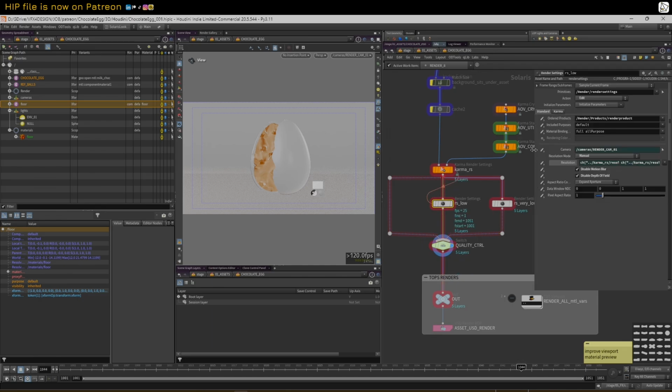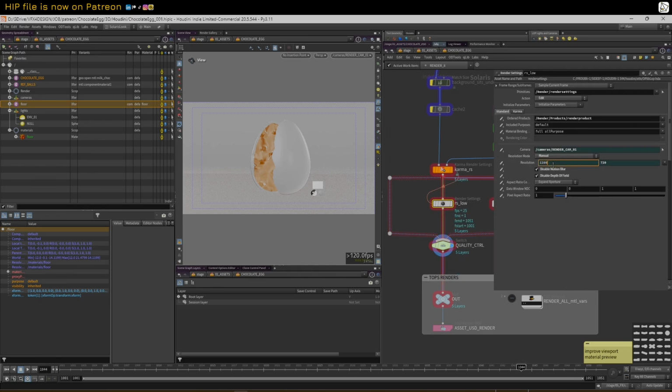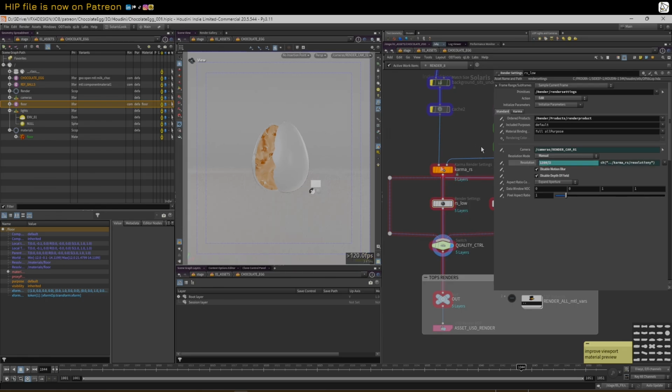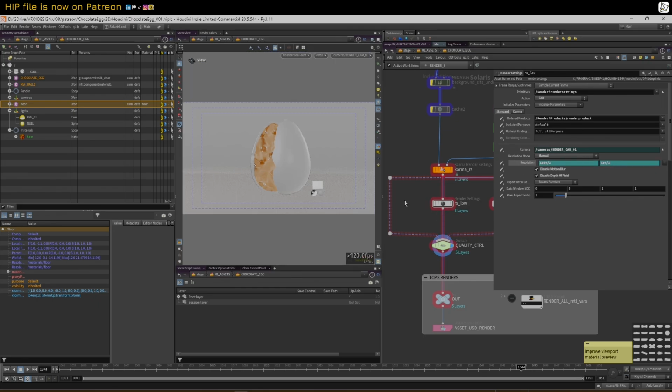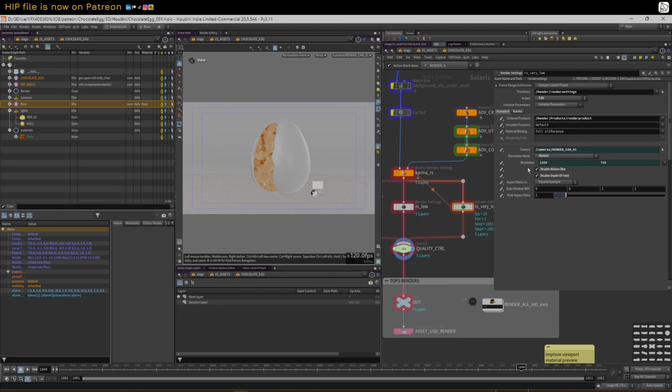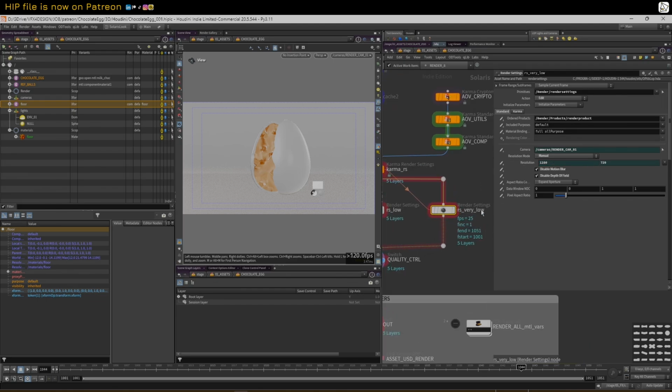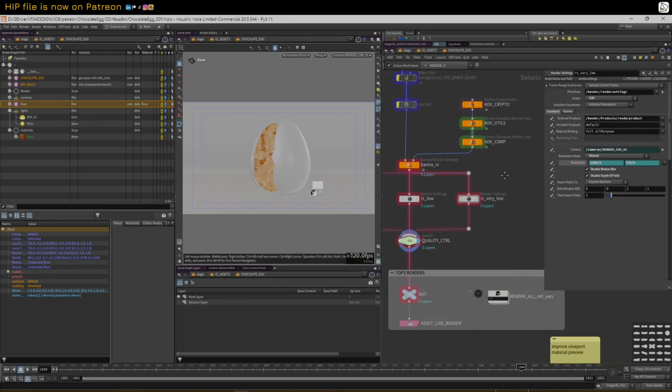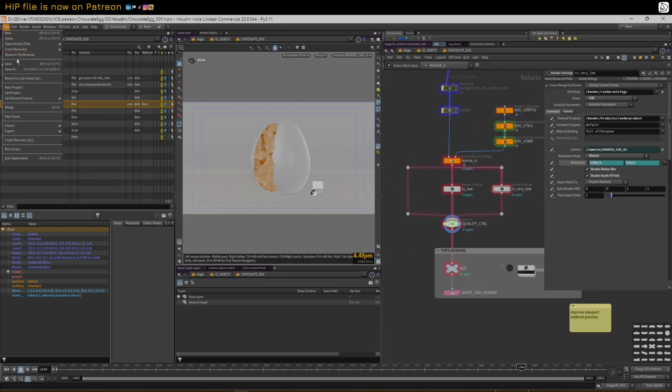So we have got the same camera and the same resolution, but I can do a divide by 2 on here. Click on this and do a divide by 2 on here. And now it's proportional, but it's half the res. And then here I could probably have this as the very low render settings, divide by 3. So it's going to be quite small. Divide by 3. So you get this. I'm going to disable the motion blur. And now I've got this, I'll just do a save. I've got this kind of cheaper render where all I'm doing is changing the